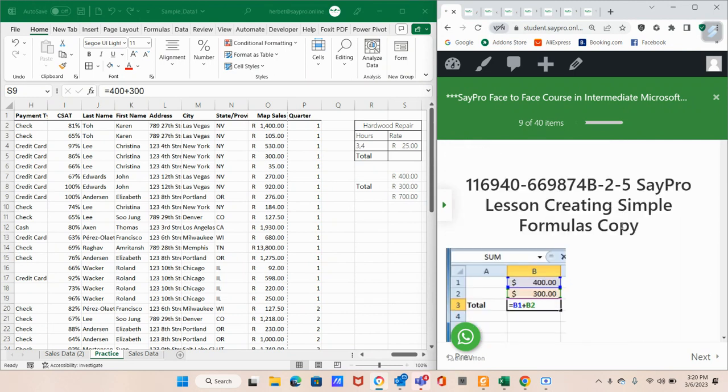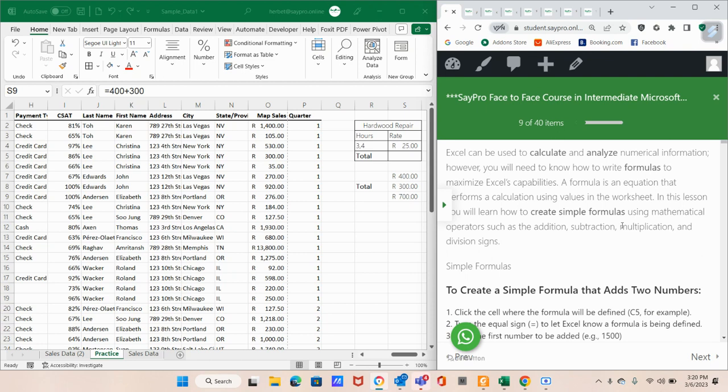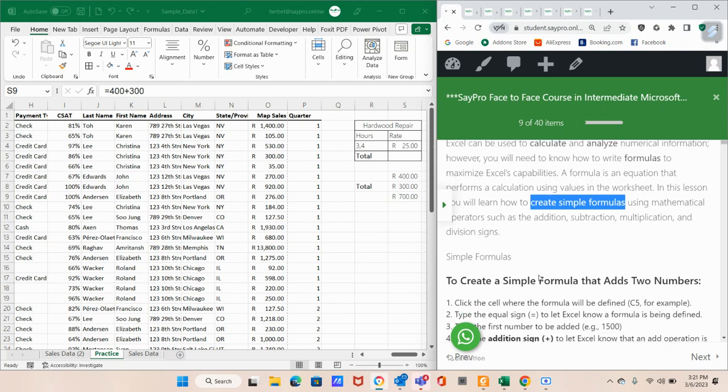Yes, now let us look at the SayPro lesson: creating simple formulas. Excel can be used to calculate and analyze numerical information. However, you will need to know how to write formulas to maximize Excel's capabilities. A formula is an equation that performs a calculation using values in the worksheet. In this lesson, you will learn how to create simple formulas using mathematical operations such as addition, subtraction, multiplication, and